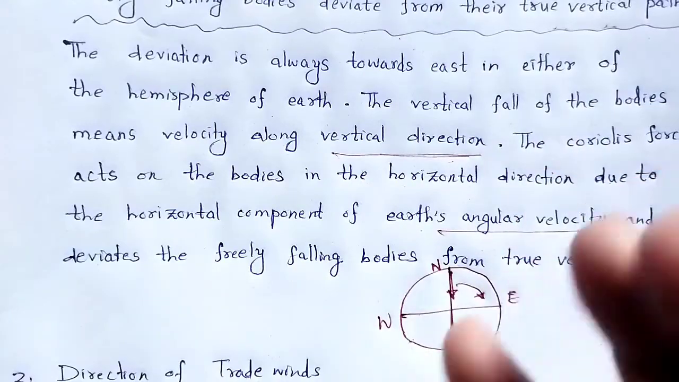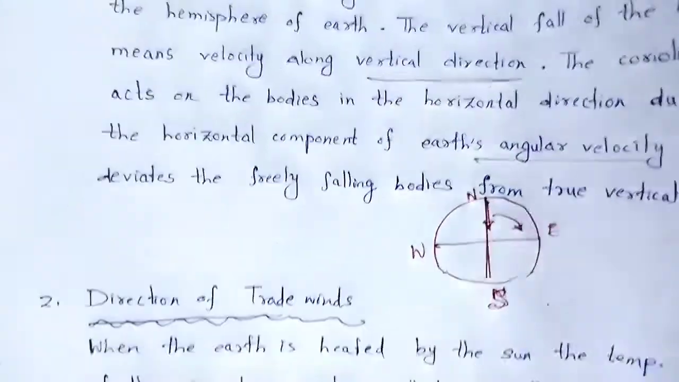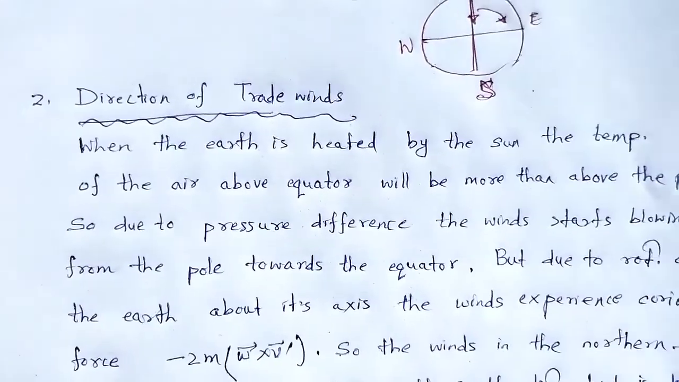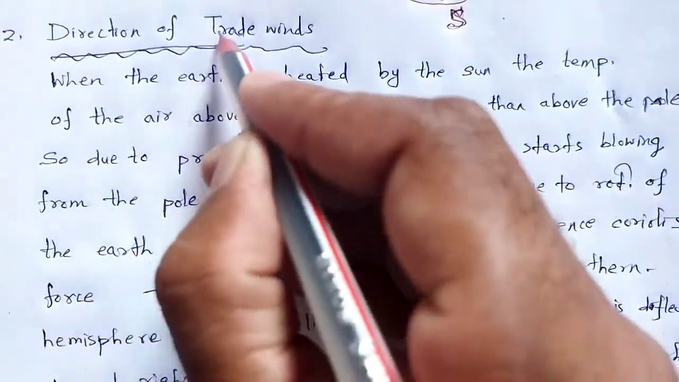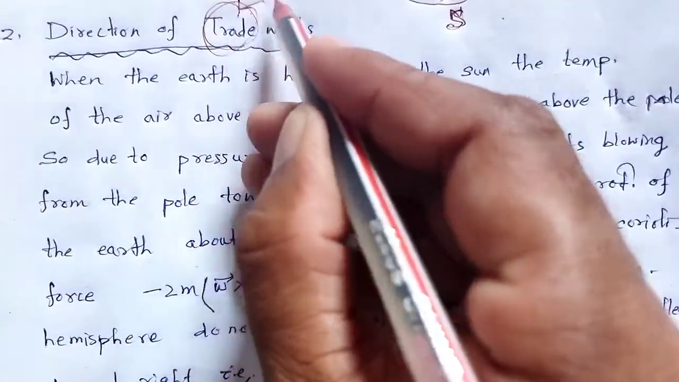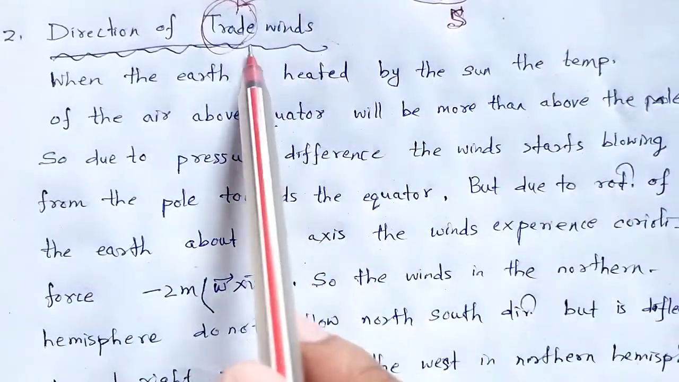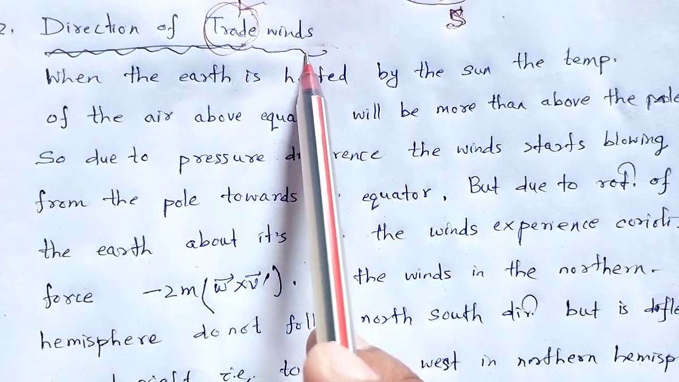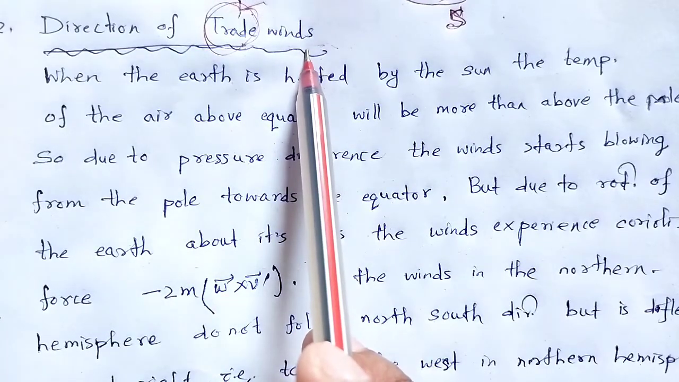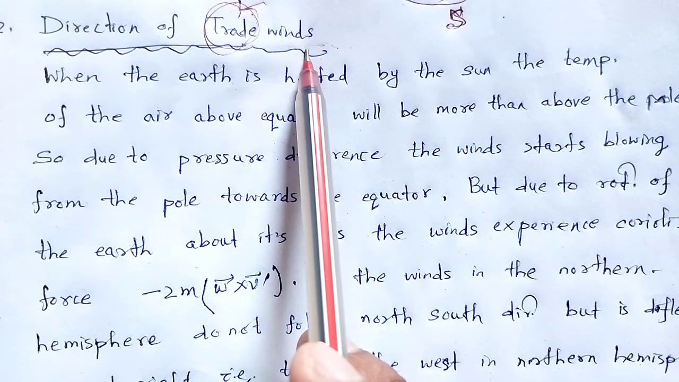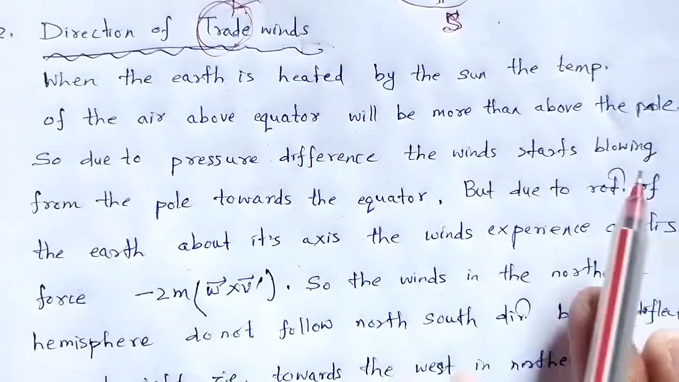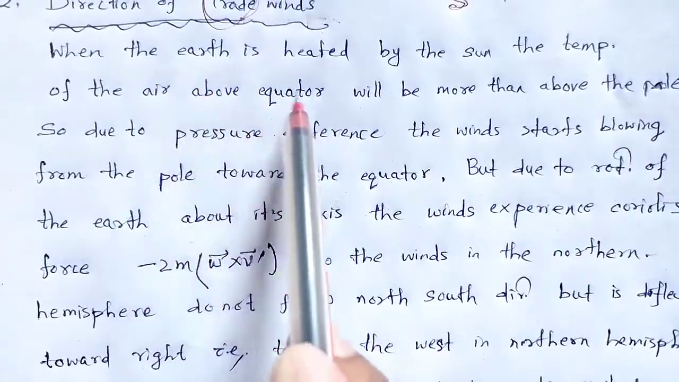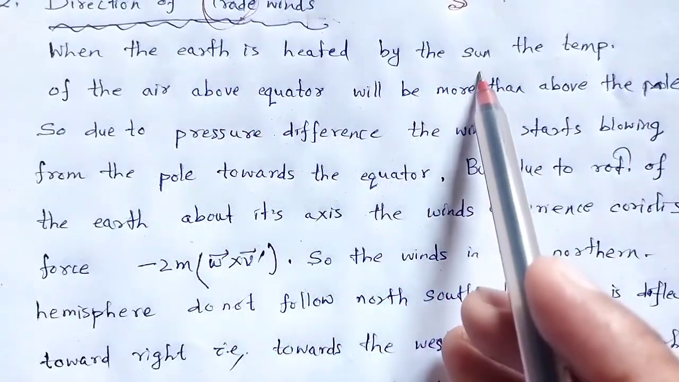Again, another application of the Coriolis force: the direction of trade winds. Trade, in the sense of commercial purpose. The winds that help the ships. The flow of ships depends upon the trade winds. How does the Coriolis force affect the trade winds? See, when the earth is heated by the sun,